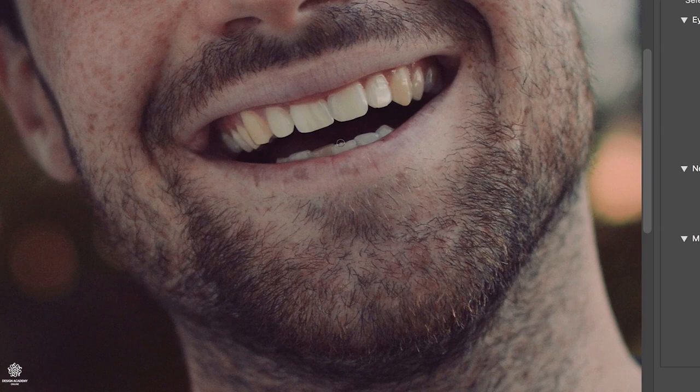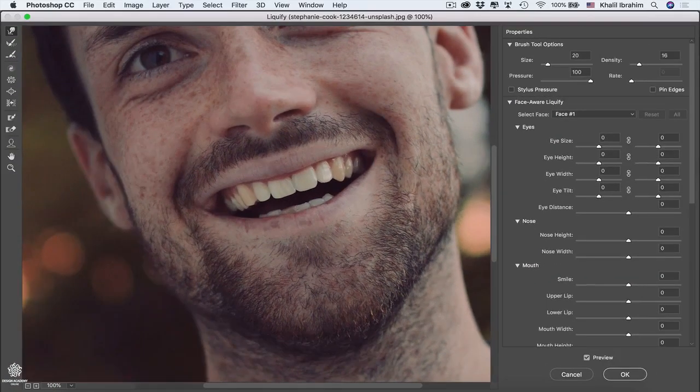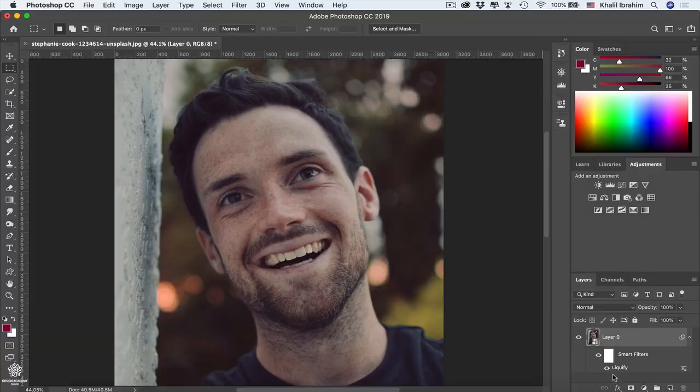If you're seeking perfect teeth, you can be doing that easily in your liquify filter. Now we can be applying that. Now pressing Command J to duplicate our layer, then creating a quick selection mask, selecting teeth,